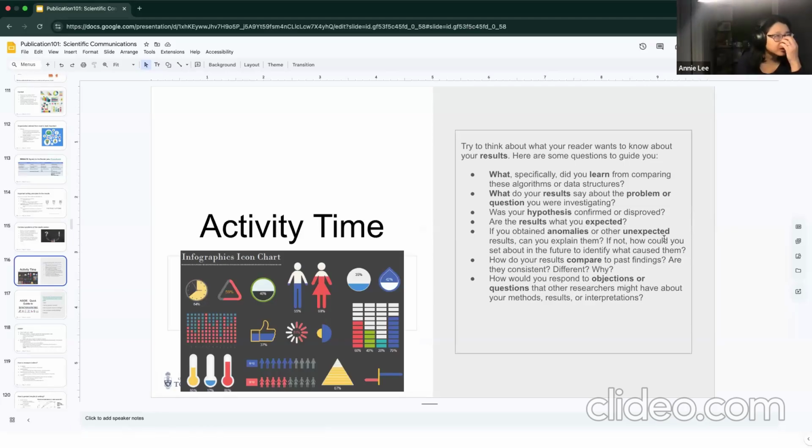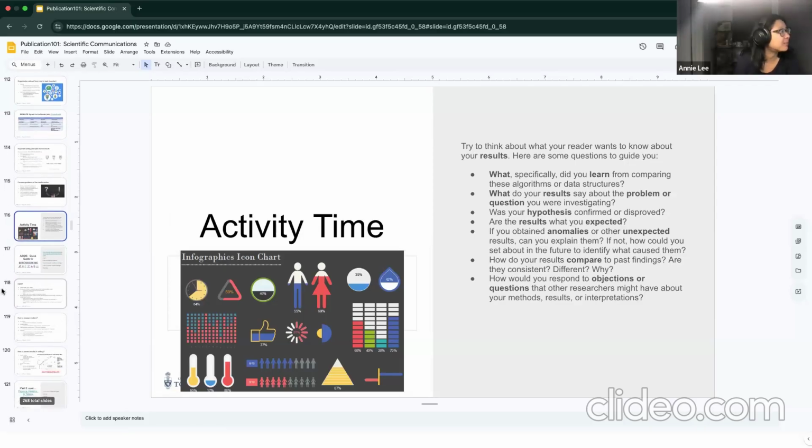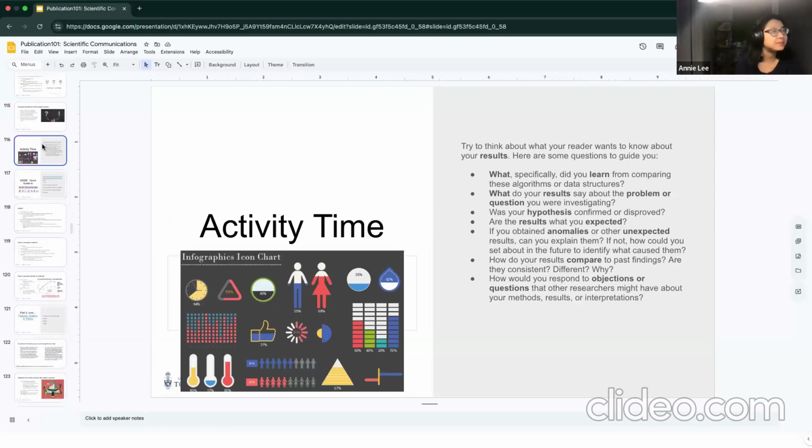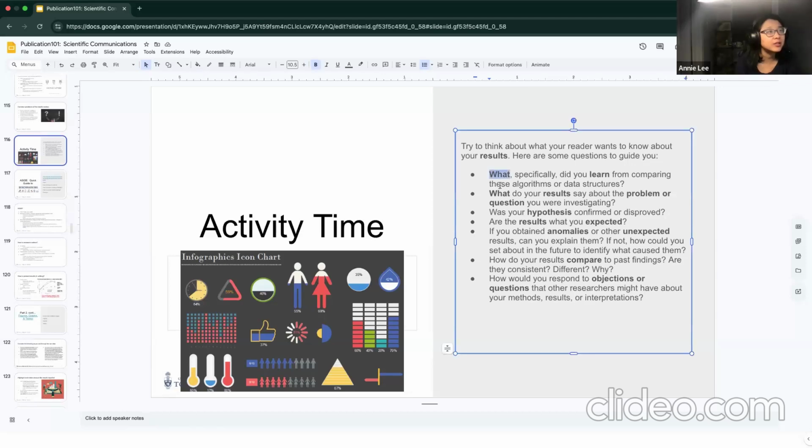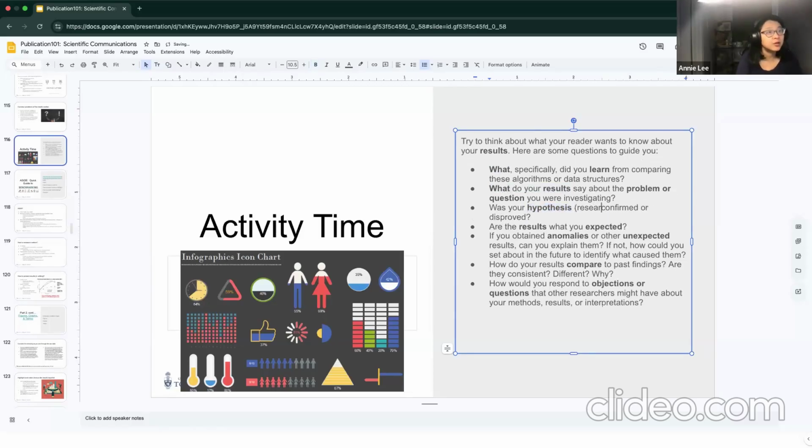And then here are some questions to guide you. Problems, questions, hypothesis. Like what did you learn? What are your results saying? What hypothesis or research question did you answer? Did you get the results you expected? Were there anomalies or anything unexpected? How does your result compare to these findings? And